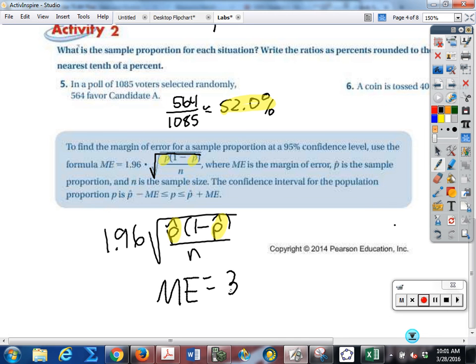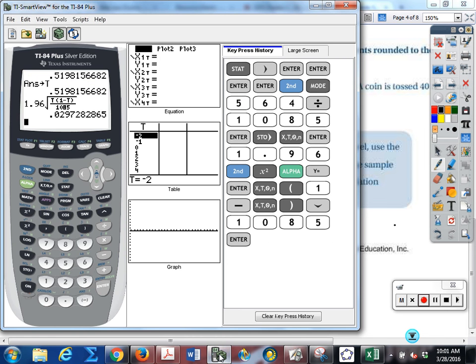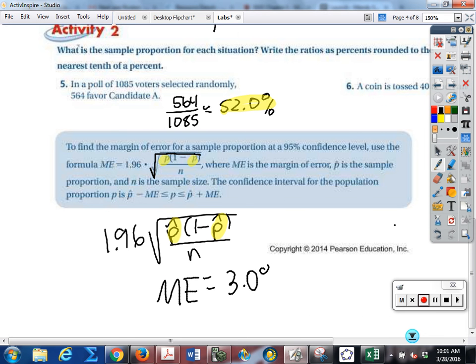3.0%. That's our margin of error. So we had 52% voted for candidate A with a margin of error of 3%. So it could actually be, we're 95% confident that it's somewhere between 49 and 55%